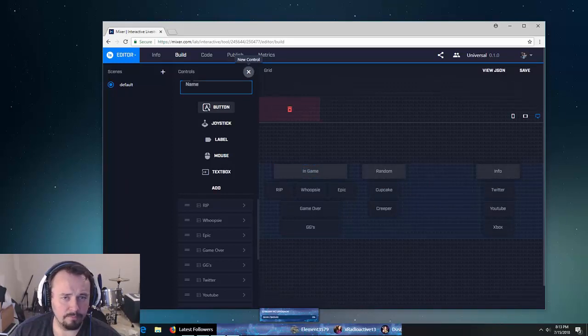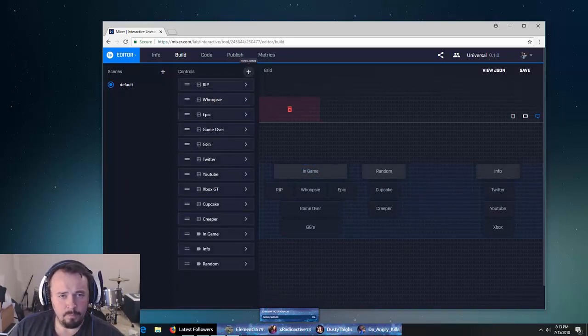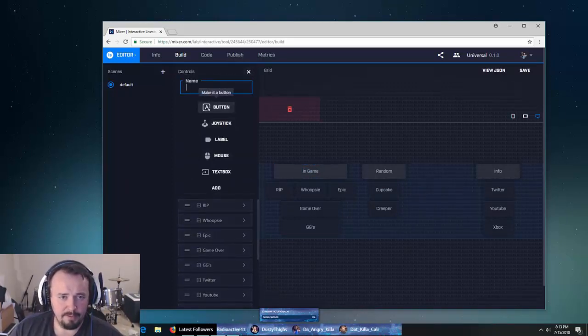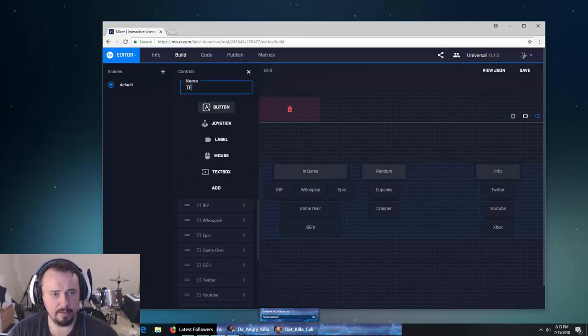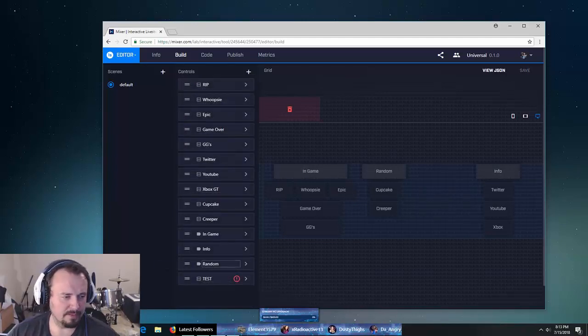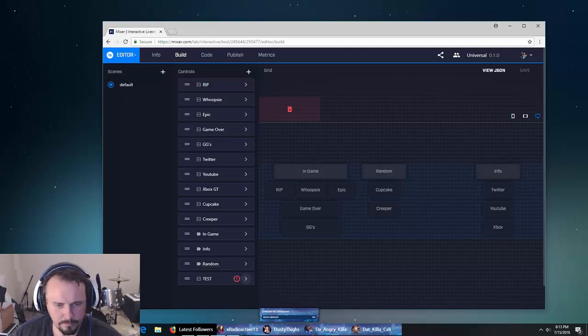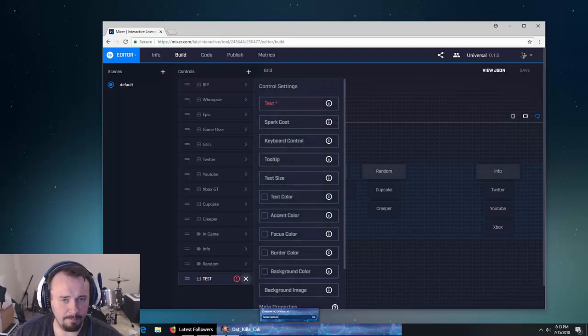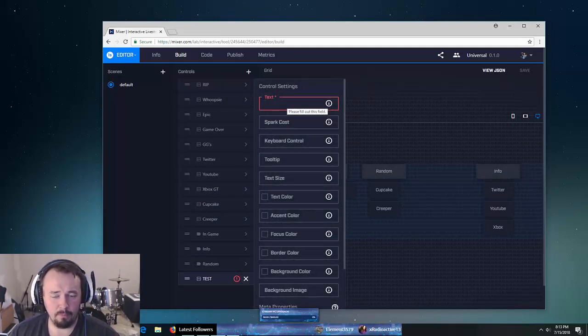Now, let me just close this out. When you add a button, I'll just add a button here. I'll call this test. Alright, so you name it and then hit add. And now it shows up down here with this little red circle with an exclamation point. What you want to do is click the little arrow to pop out the menu for that button. This will be the title of your button, or what will actually show up, like Cupcake, Creeper, Twitter, whatever. So for text, we'll call this test button,